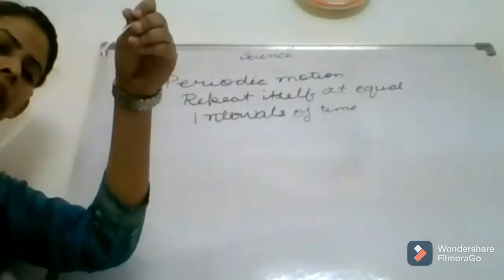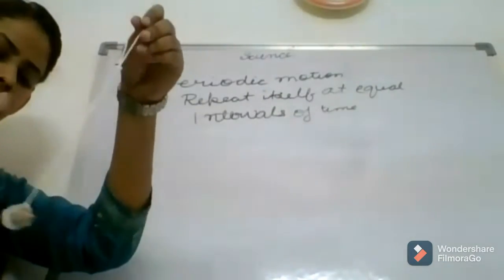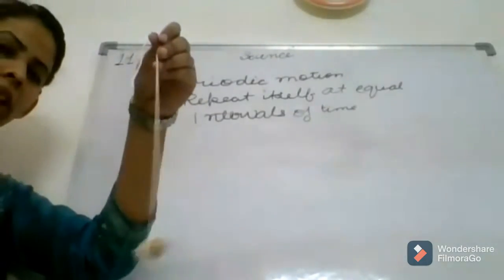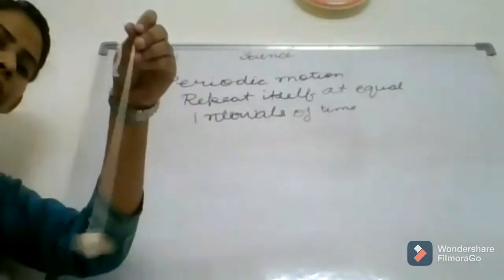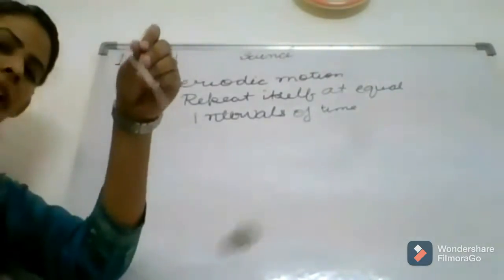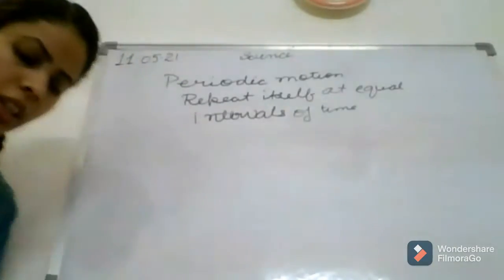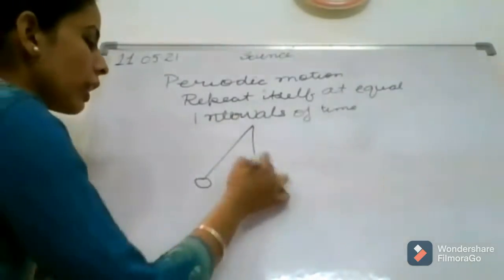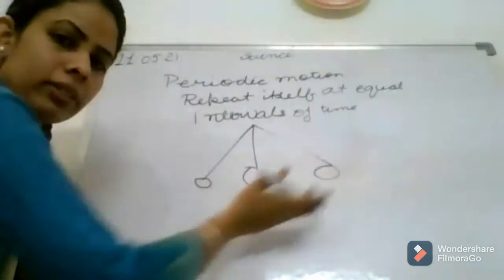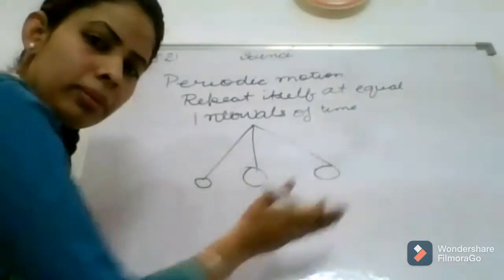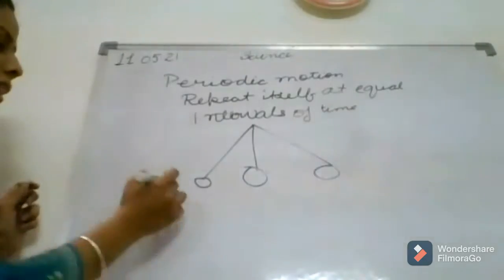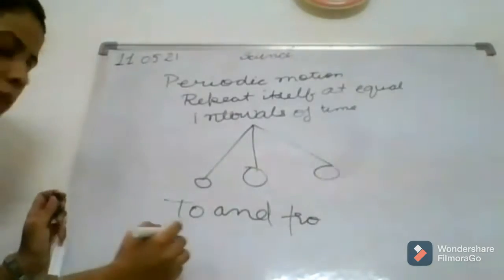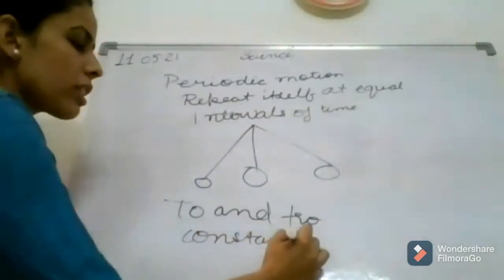It is a periodic motion, so that it is repeating again and again. Clear? And you observe that the pendulum is doing to and fro motion. That forward, backward. Okay, so it is constantly moving. It is moving in this way. So it is a pendulum. Clear? Here is the term to and fro. It means the constant movement.